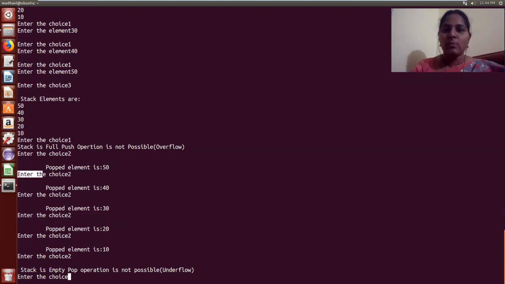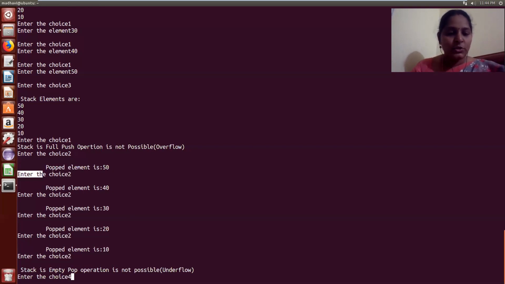Similarly, in case of pop, the first element will be removed from the top position. Then we should make the next element the top element. So for that reason, we need to decrement the top pointer by 1. In insertion, first incrementation will be done, then insertion will be done. But in deletion, first deletion will be done, then decrementation will be done. Right? This is all about the operations performed on the stack using arrays.